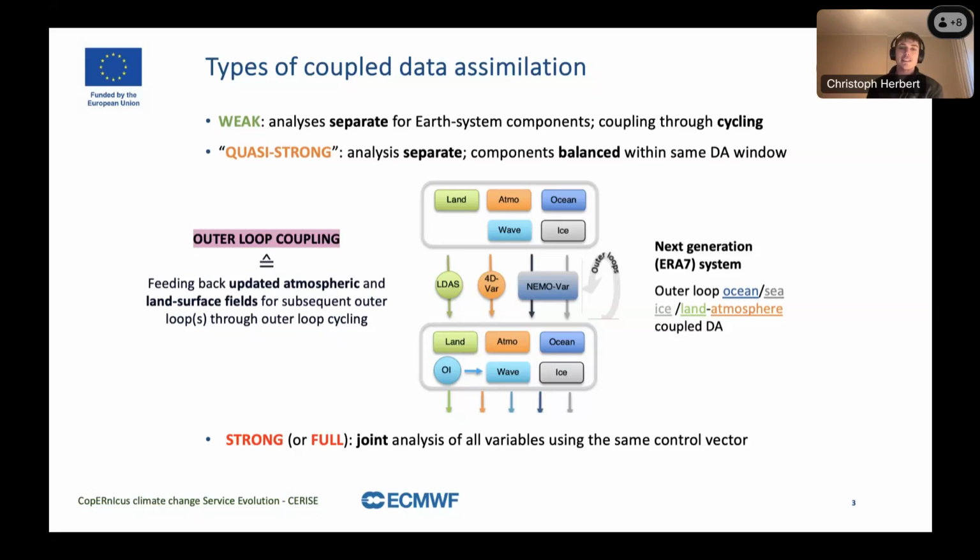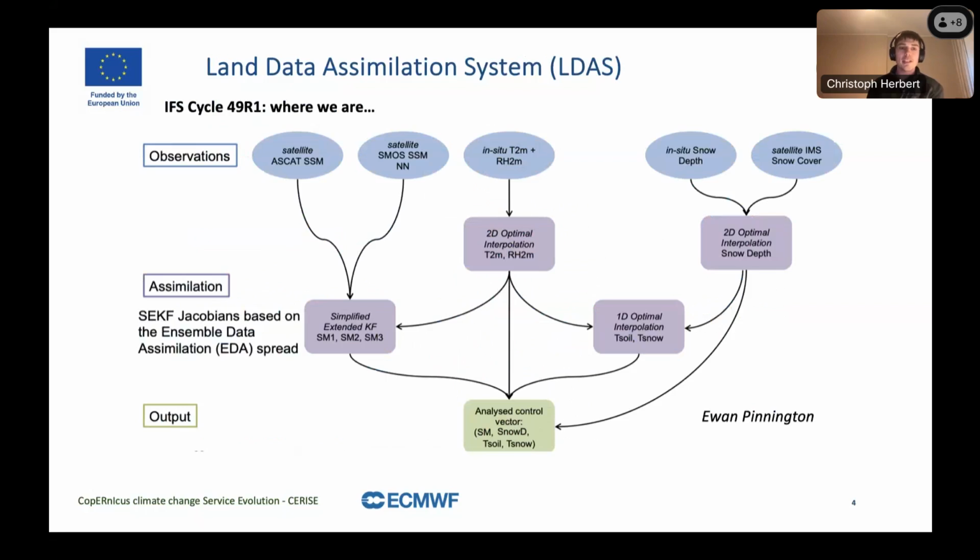So we're cycling through the analysis here for the 4D-Var, which is already in place, but also having the NEMOVAR, which is in the next NWP cycle present, and then also having the green box here. You see it's a land data assimilation system also within this outer loop coupled scenario. But just looking at where we are, our land data assimilation system of the current operational cycle at ECMWF,